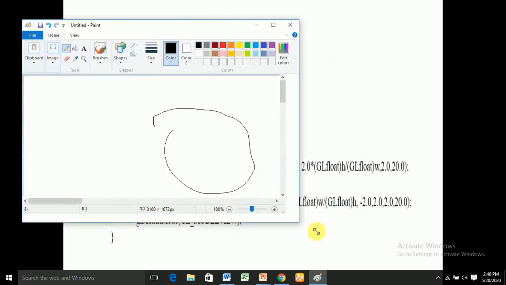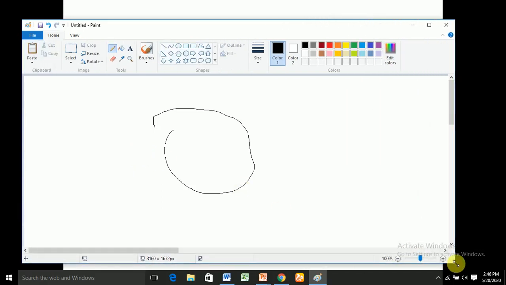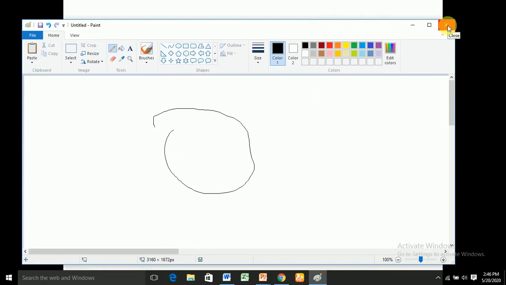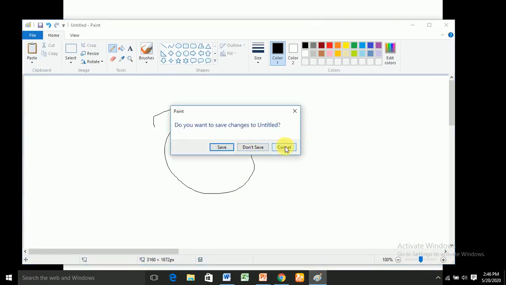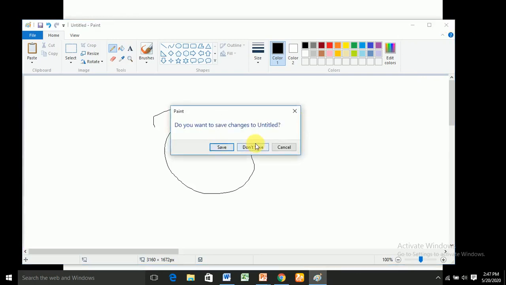Actually, what has to happen? As and when you start changing, with the same ratio this object also has to get smaller and smaller. If you start dragging, then with the same ratio that object has to become larger. This is what has to happen, but in this case it is not happening. That is the meaning of this.